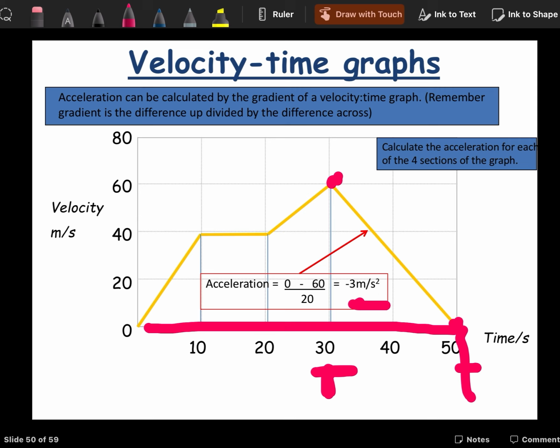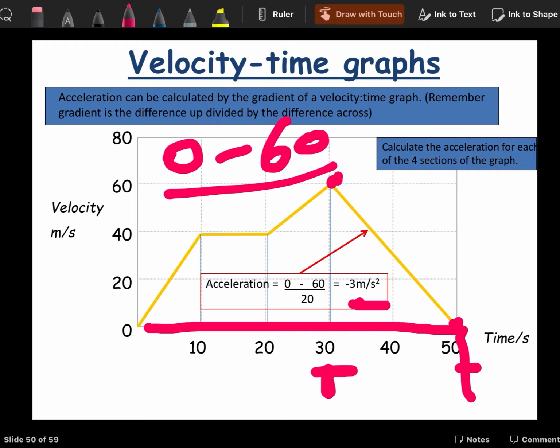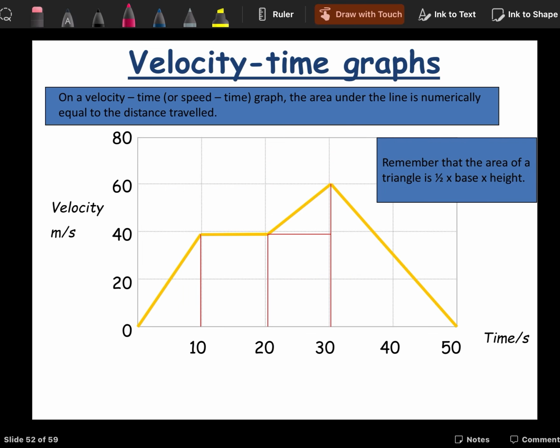So what is the rise here? The rise is 60 to 0, but it's negative. Final speed is 0 and initial speed is 60, so you will write 0 minus 60. Final minus initial over time interval. It was 60, it becomes 0 in how much time? From 30 to 50. So what is the time interval? 30 to 50, your time interval will be 20. So 60 over 20, your answer will be minus 3 meters per second squared. We will later on